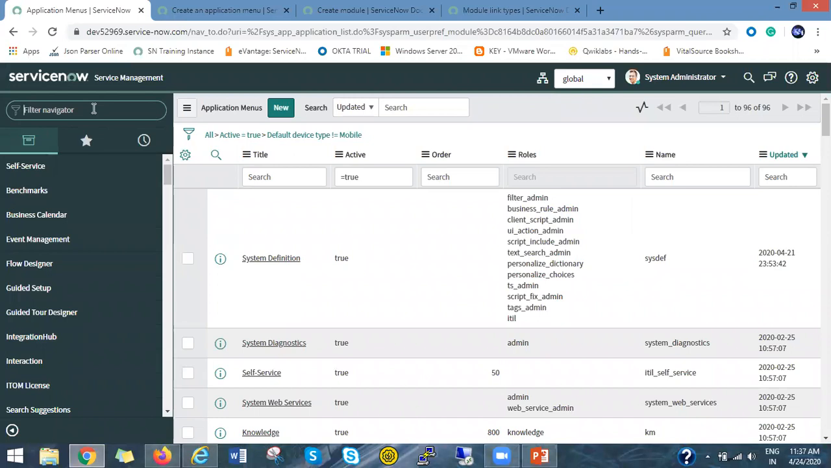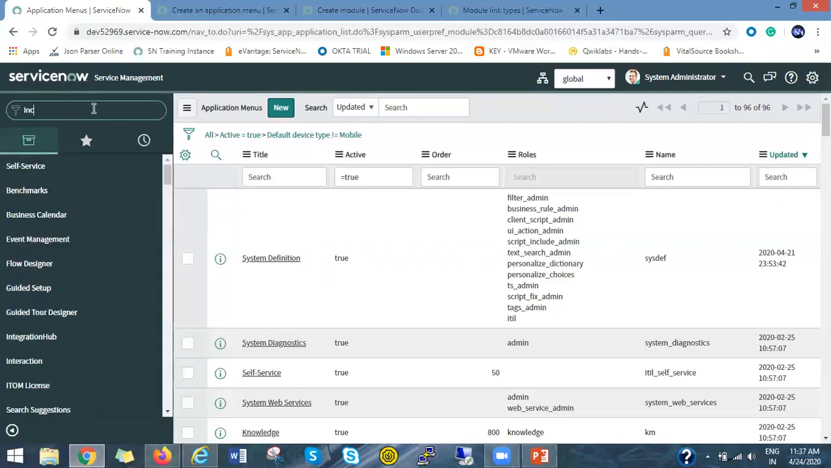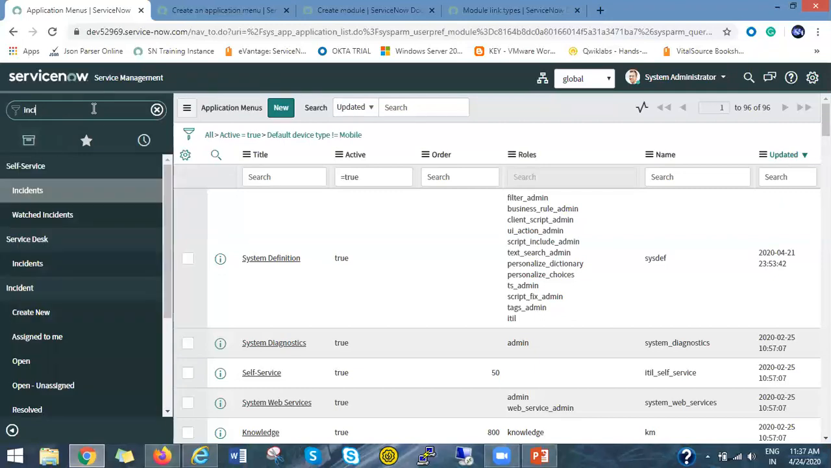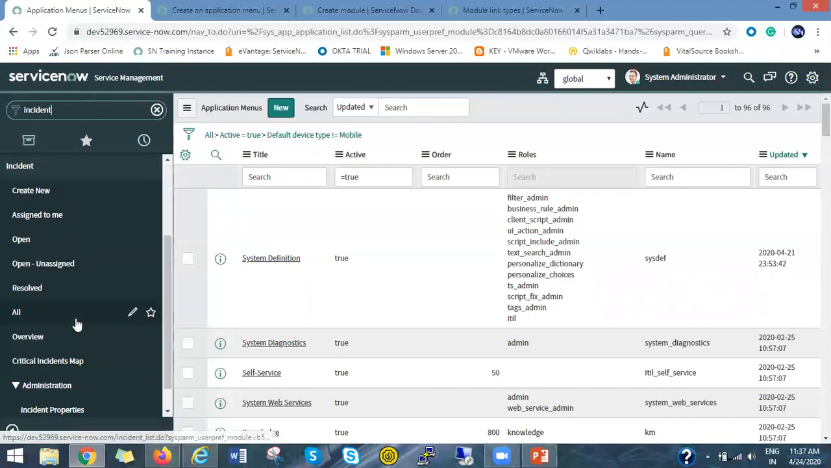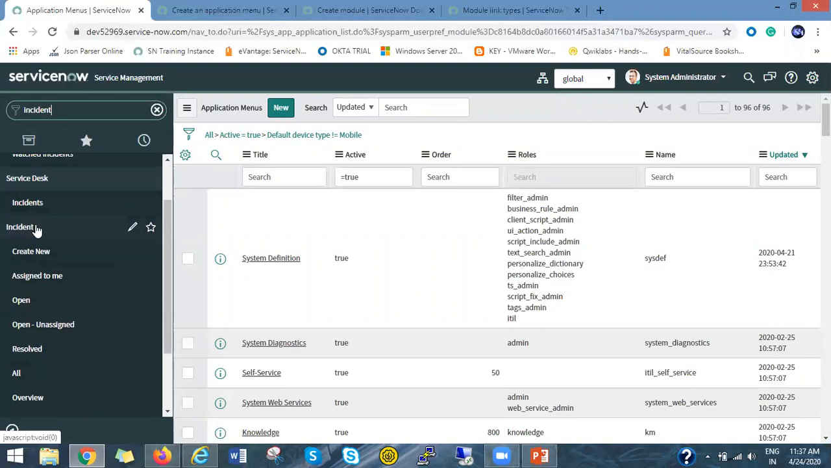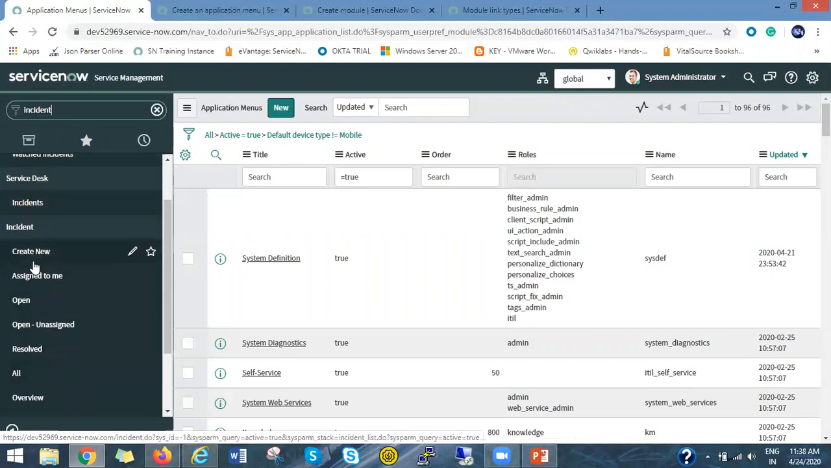So just to explain again, if you see here, this is your incident application menu. Inside the incident application menu there are different modules available: create new, assign to me, open unassigned, resolved, right? So when I click on this create new,